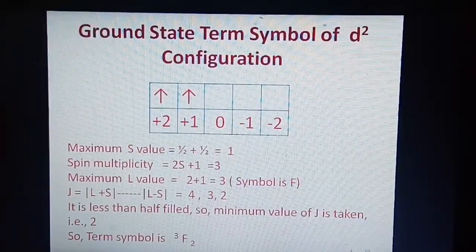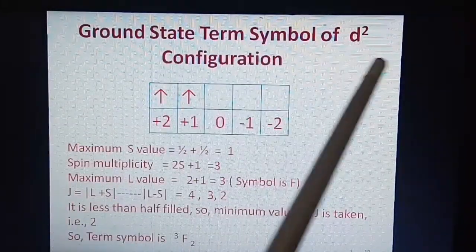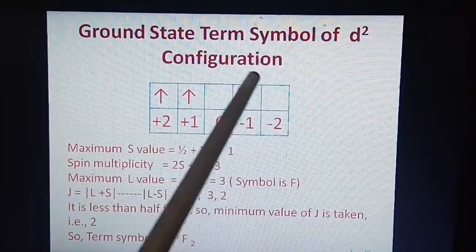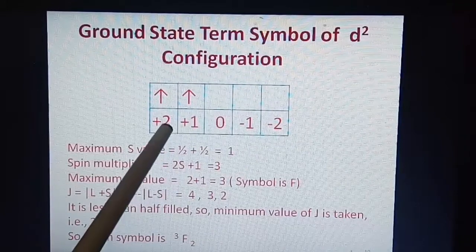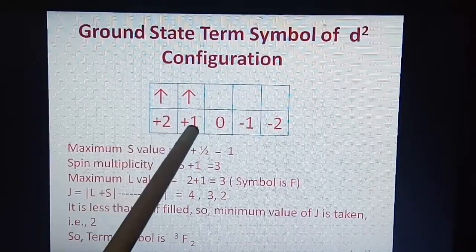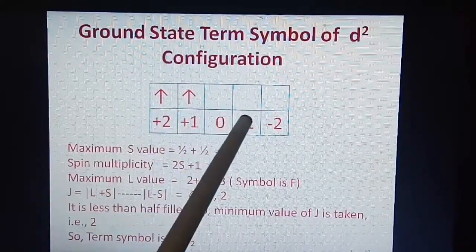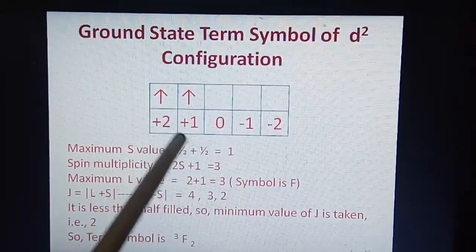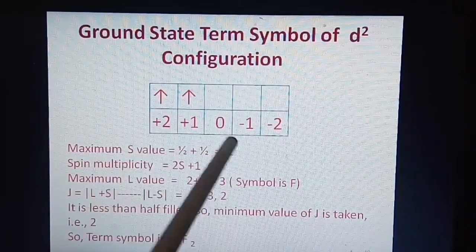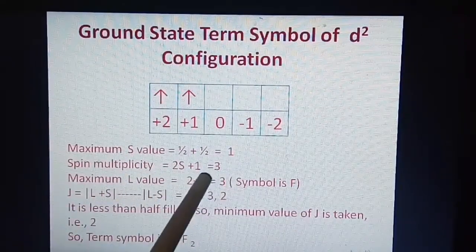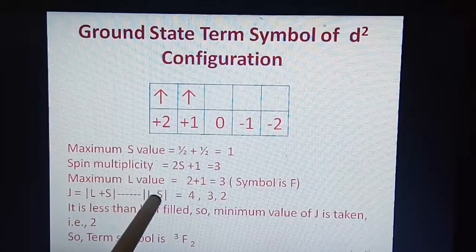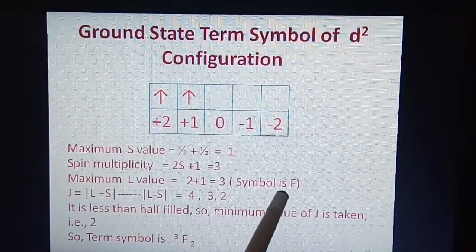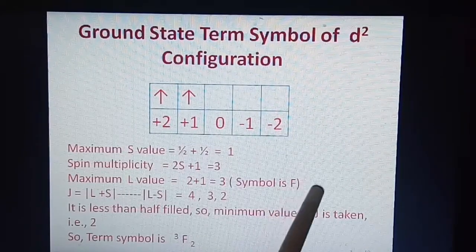Now we will discuss the ground state term symbol of the d2 configuration. This is the electronic configuration of d2. One electron is present in plus 2 and one electron is present in plus 1, and these are the vacant orbitals. So the maximum S value will be half plus half, that is 1, then the spin multiplicity will be 3. The maximum L value is 2 plus 1, that is equal to 3,